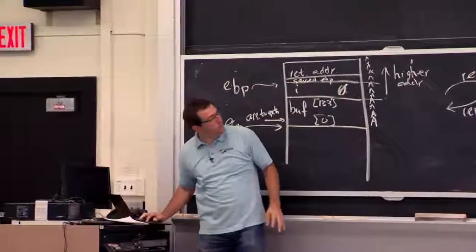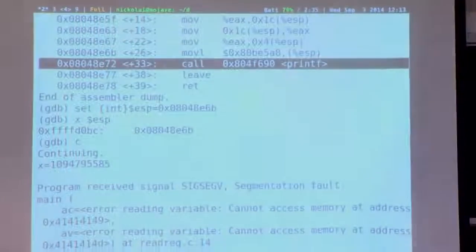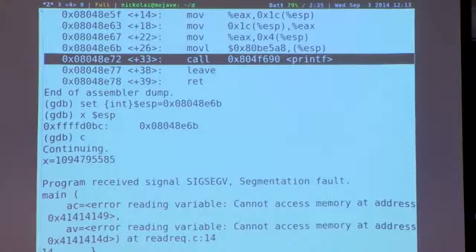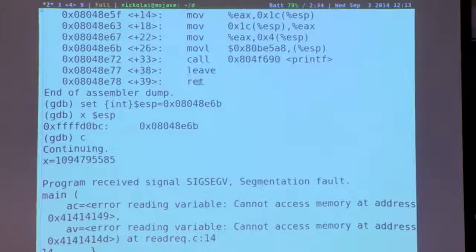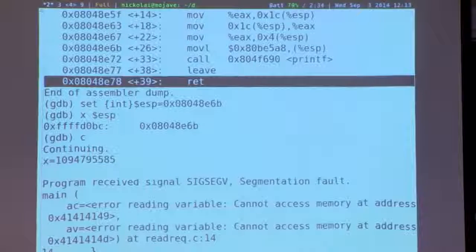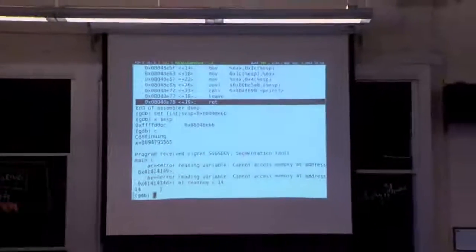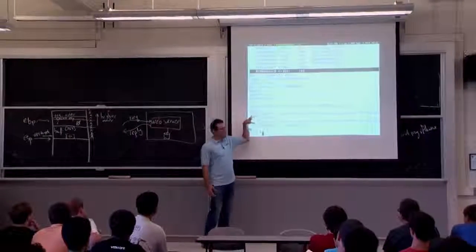Yeah, so actually, what's going on is you have to sort of see here. OK, so this is the point where we jumped. It set up some arguments. It actually calls printf. Printf seems to work. Printf is going to return. Actually, that's fine, because this call instruction put a return address on the stack for printf to use. That's fine. Then main is going to continue running. It's going to run this leave instruction, which doesn't do anything interesting. And then it does another return. But the thing up the stack doesn't actually have a valid return address. So presumably, we return to who knows what memory location that's up on the stack and jump somewhere else. So unfortunately, here, our pseudo attack didn't really work. It ran some code, but then it crashed. That's probably not something you want to do.